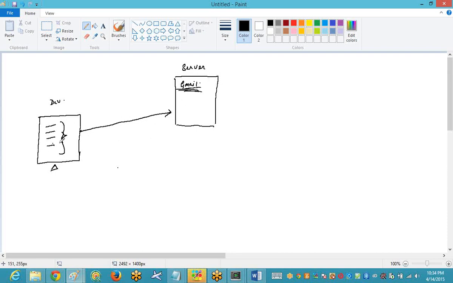Okay, so we need to transfer all the programs from this system to the server so that it is being hosted properly. Now whenever these programs are transferred from one system to another,